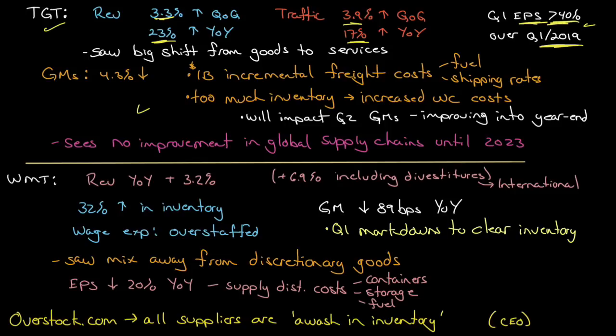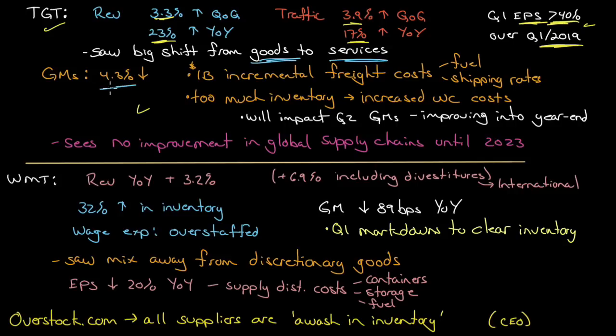They saw a big shift from goods to services. And you're probably thinking, well, how can they tell a shift from goods to services? Services sometimes happen with the purchase of something. So you know that there is more recreation or entertainment that the consumer is enjoying if you see sales of sunscreen go up, or sales of products that would be associated with some outdoor event or some entertainment event going up, which is what they saw, and less hard lines being purchased. Hard lines meaning picture frames, candlesticks, things like that, right?